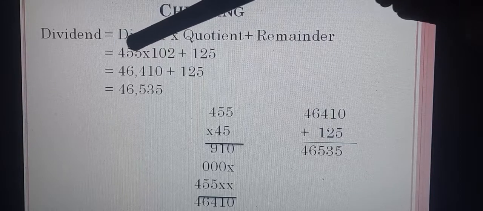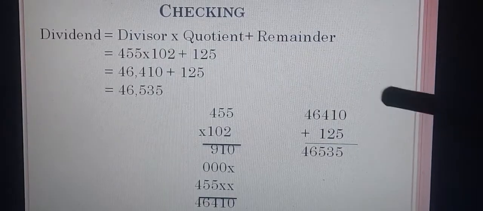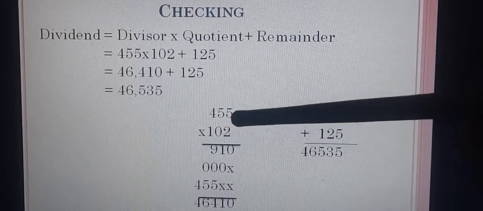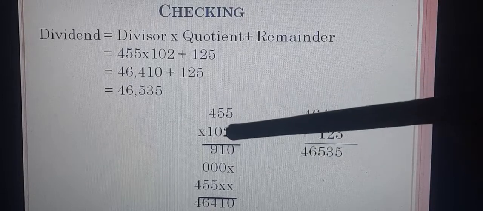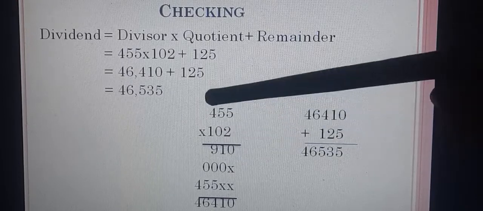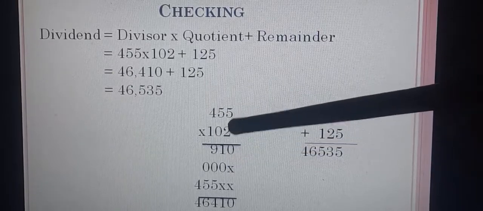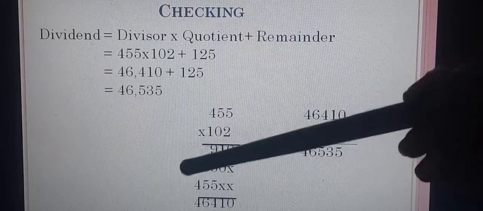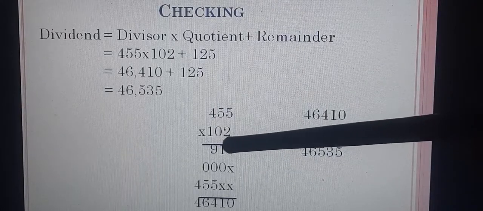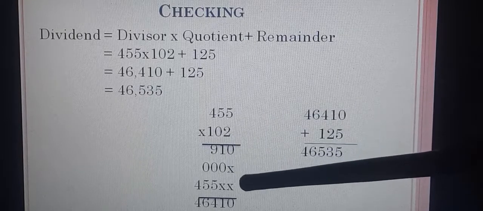Now we will multiply 455 with 102. So 455 multiply 102. 2 5s are 10, 0, 1 carry. 2 5s are 10, 10 plus 1, 11, 1, 1 carry. 2 4s are 8, 8 plus 1, 9. Now 0 multiply 5, 0. बेटा इस स्टेप में बहुत सारे बच्चे मिस्टेक करते हैं. When 0 is multiplied, हमने अभी अभी प्रॉपर्टी में सीखा, when 0 is multiplied with any number, the result is 0 only. The product is 0 only.